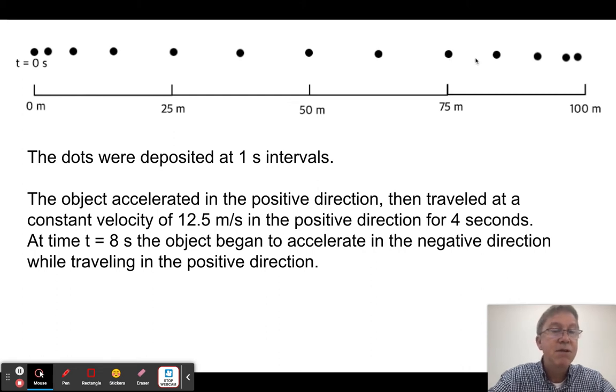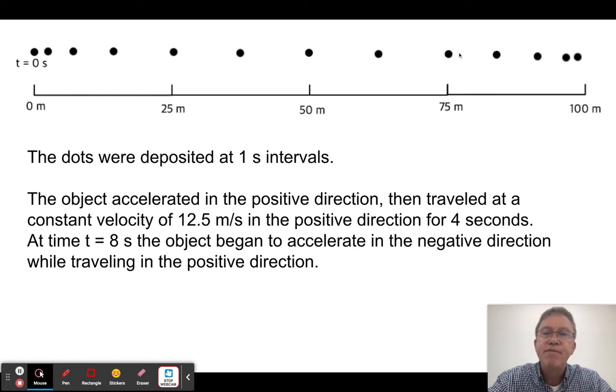I'm moving positive. Its velocity is still positive, but its magnitude is getting smaller. So therefore, it's undergoing a negative acceleration. Now, if I was asked, as I would often be asked, to calculate either the acceleration or the velocity, in this case, let's just say I'm asked how fast was the car traveling when it was traveling at a constant velocity? I would look at the dots and try to find where they have a consistent